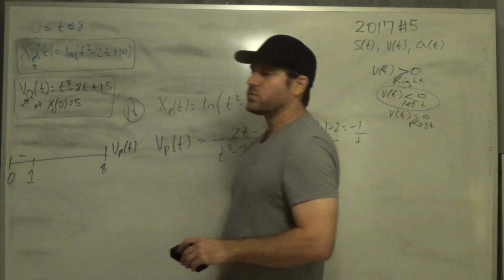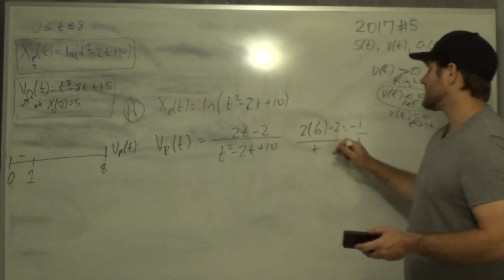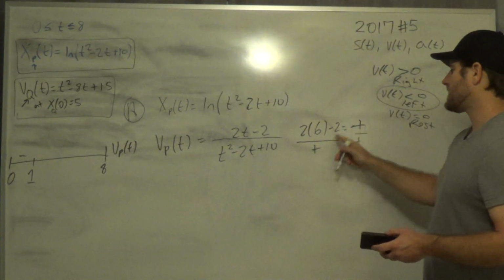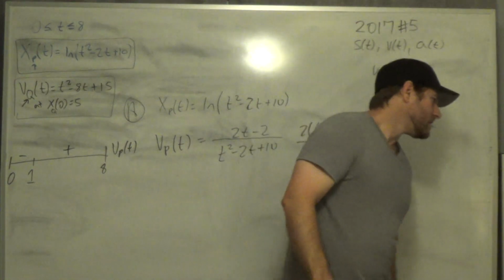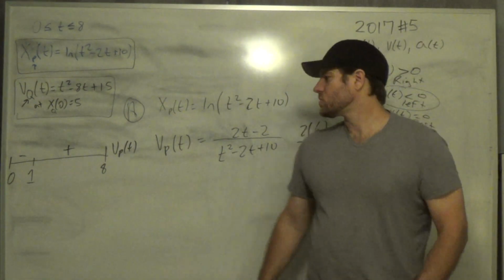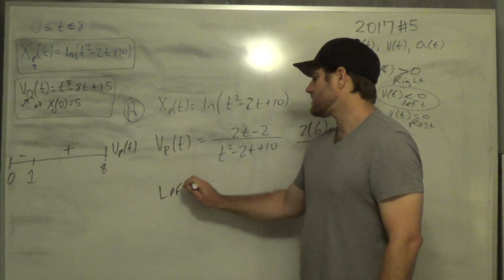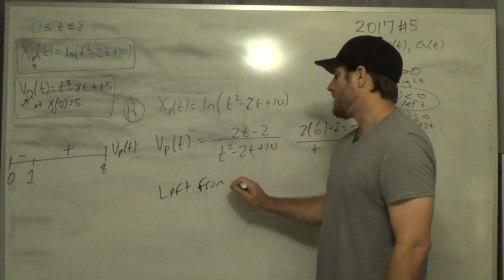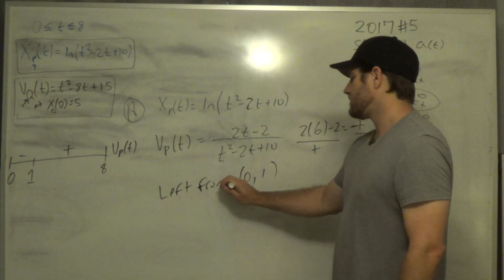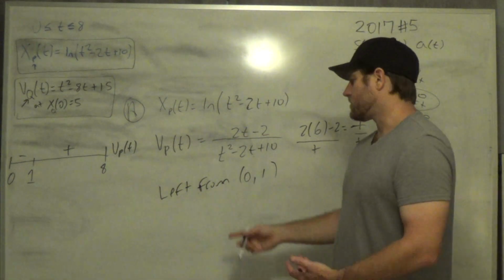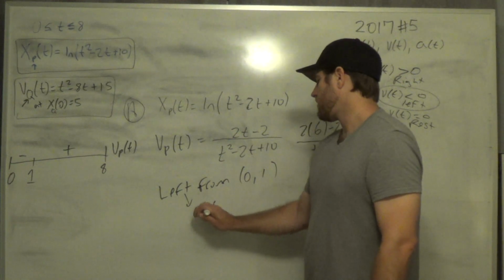And now we're going to pick a number between 1 and 8. Let's use 6, and when I put a 6 here, you can clearly see it's going to be a positive on the top. So positive on the top, the bottom's always positive, which is a positive. Okay, so now that we have these answers, we can say our answer to part A, it's moving to the left from, let's just say 0 to 1. So you can say from time 0 to 1, or you could say left from